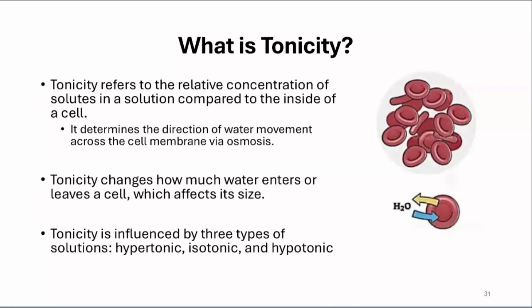Tonicity is going to change how much water enters or leaves the cell, and this is going to have repercussions in terms of the size of the cell. Lastly, tonicity is going to influence